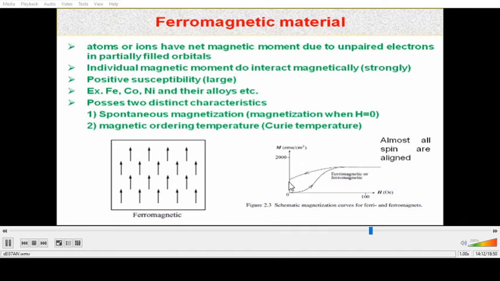magnetization. Then as one increases the applied magnetic field, magnetization also increases because more and more spins will try to align, hence it results in increasing magnetization. Once all spins are aligned, the magnetization will saturate because there are no more spins available to align.